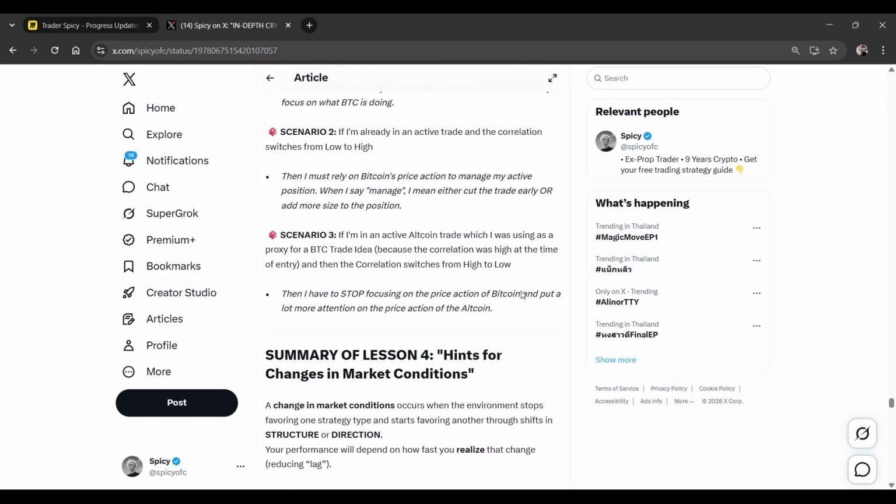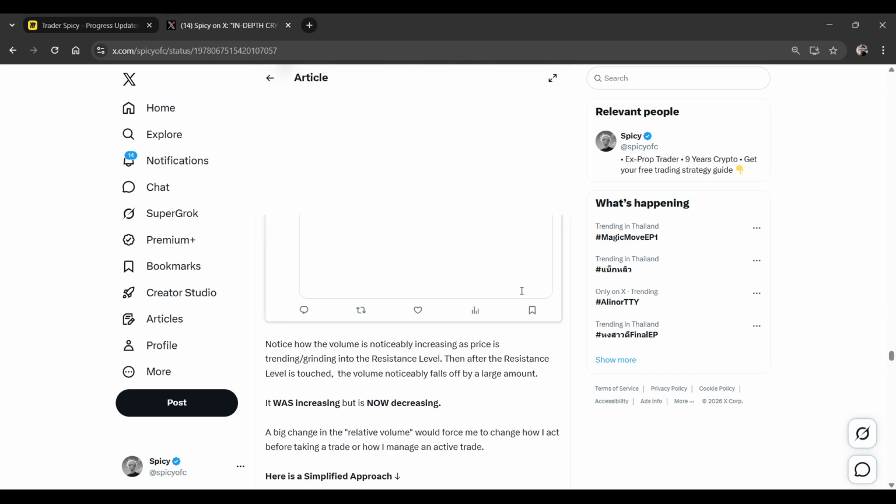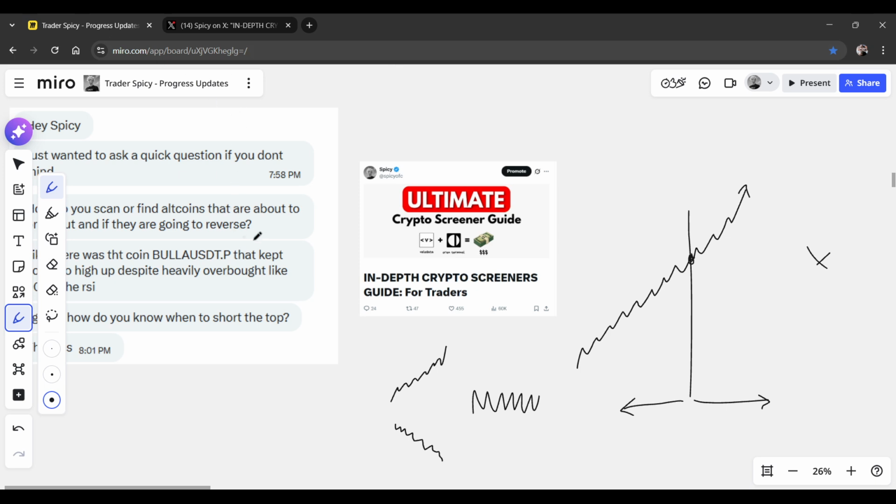I talk about changes in market conditions in this article, but it's a complex topic, and shorting the top is magnitudes more challenging than just saying, I don't care, I'm just going to keep longing it. And as soon as continuing to keep longing it fails to work, or it's not working as effectively as it was before, that's a sign that maybe I should stop